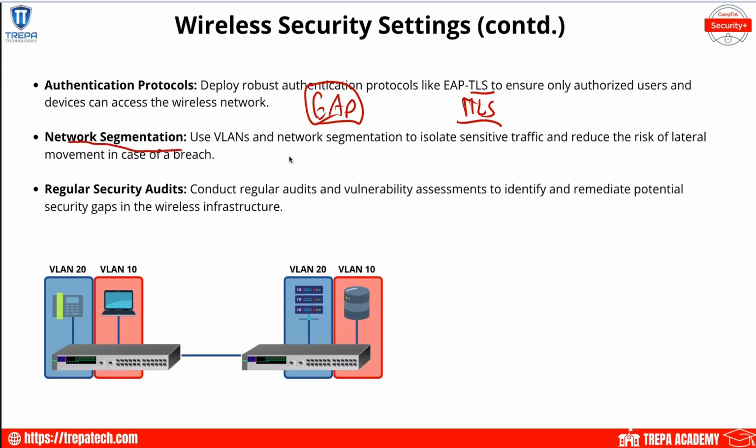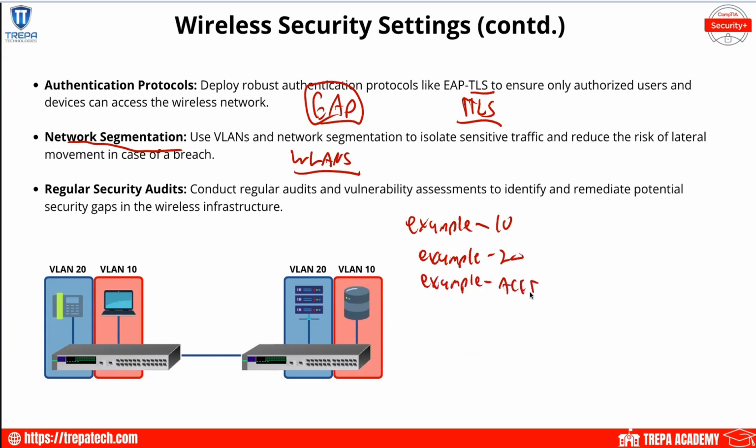Of course, network segmentation. When we have our different wireless local area networks, those different broadcasting SSIDs, whether they're from a single access point, we have 10 SSIDs broadcasting, they are going to be part of different VLANs. So we do network segmentation as well for our wireless traffic. So if you ever see, let's say you work at example.com, if you see example 10, example 20, or maybe you have example